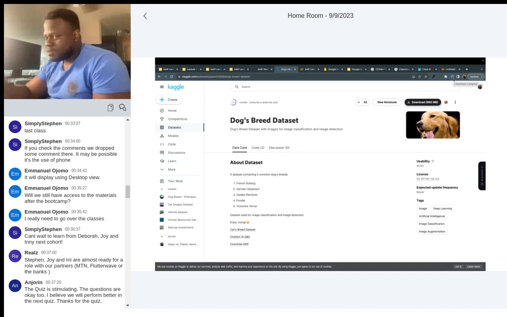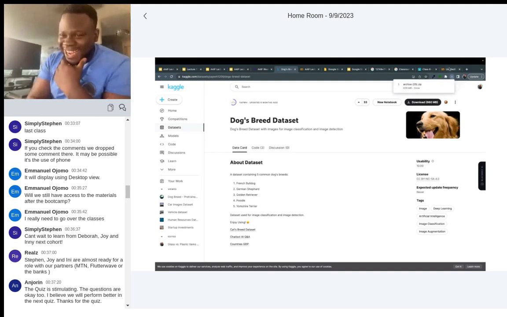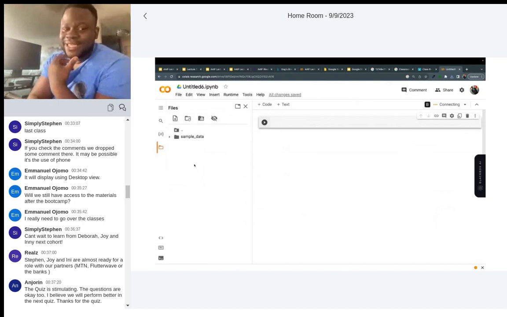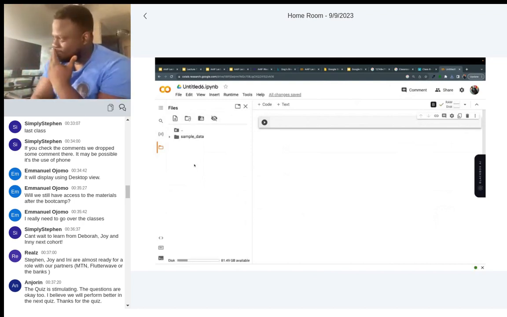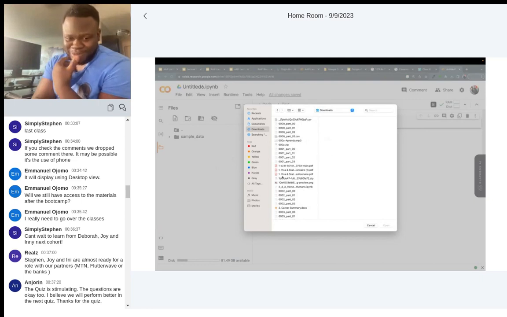On Google Colab, you connect your, what's it called? You mount your drive and connect all of that. Make sure that your Google Colab is connected. Yes, it's connected. Then I would upload my what? You can upload your data on the Google Colab space. Upload my data on Google Colab.